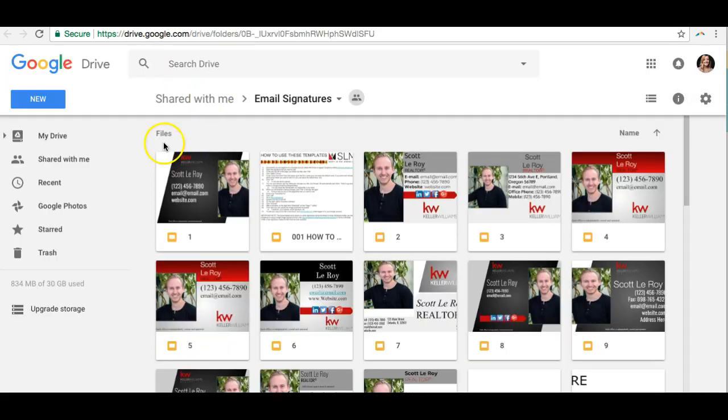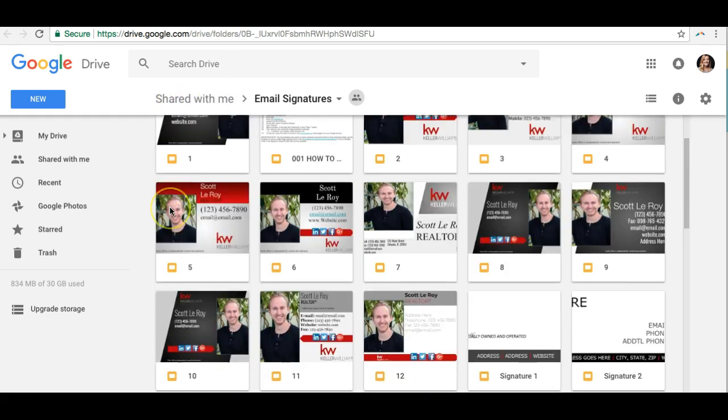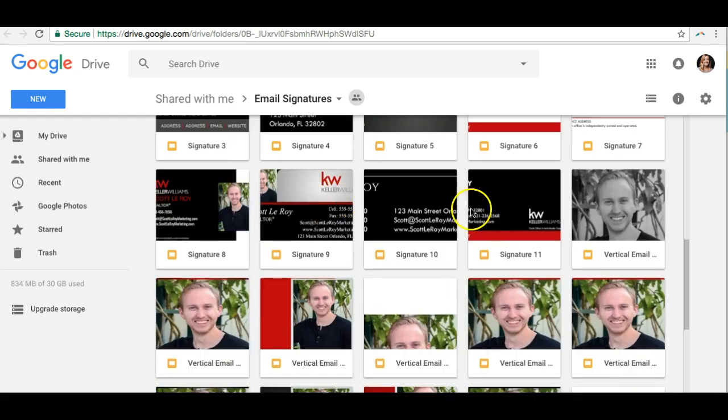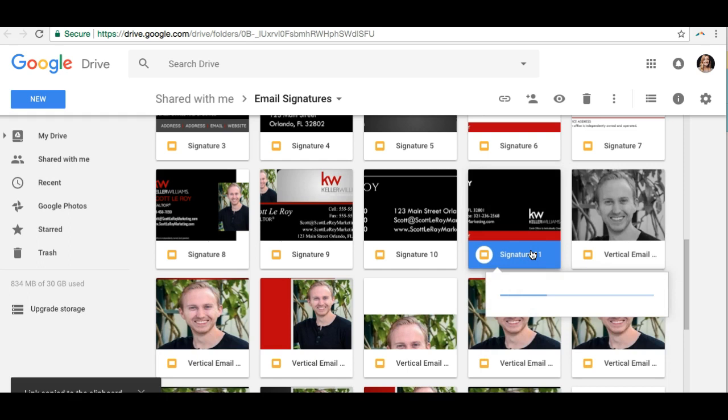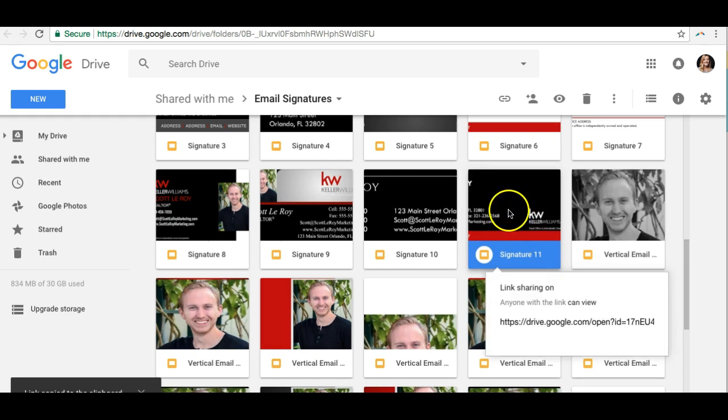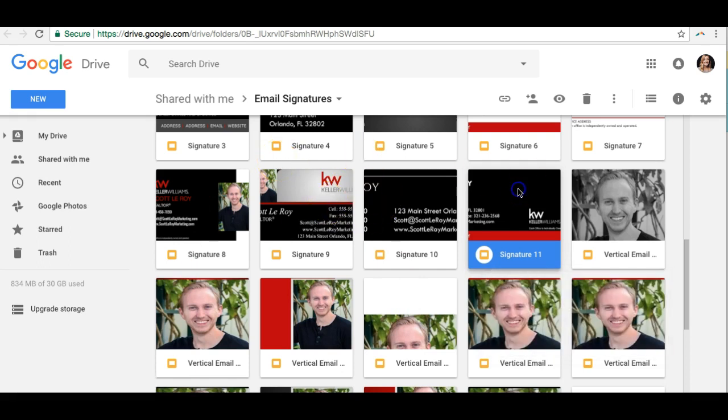But going back over it, when you click on any one of those buttons, it'll take you into our drive. So basically what you have to do is make a copy of this to your own Google Drive. You basically just copy the link, go into your Google account, paste it, and then save it. But when you go into these templates,